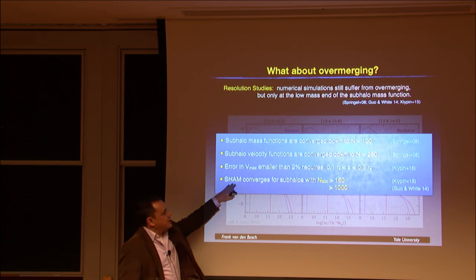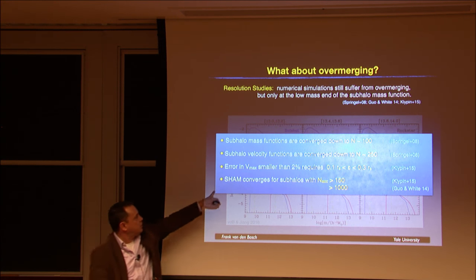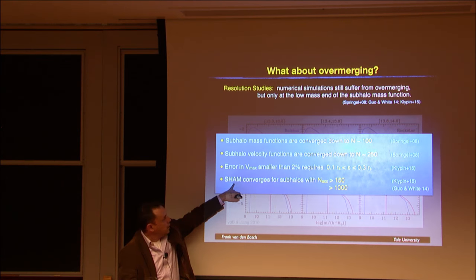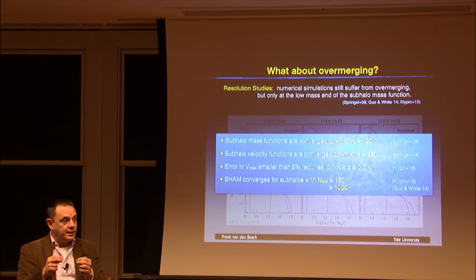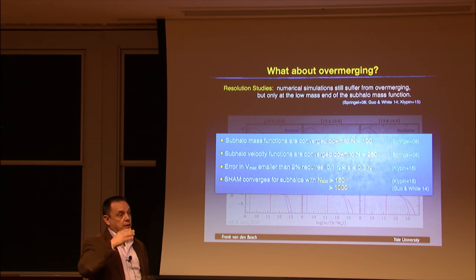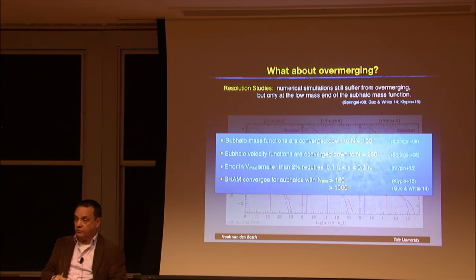Another thing that people have done is subhalo abundance matching, which is a sham, but that's what they do. Yeah, that's fine. I know. So basically the idea there is that you put galaxies in halos, and then you can compute a correlation function of galaxies.